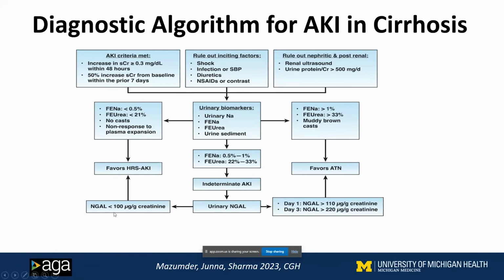An NGAL of less than 100 microgram per gram of creatinine favors HRS-AKI, and NGAL greater than 110 on day 1 and greater than 220 on day 3 favors ATN. The NGAL at day 3 is more sensitive and specific. However, if you wait for day 3, you are already behind the eight ball,